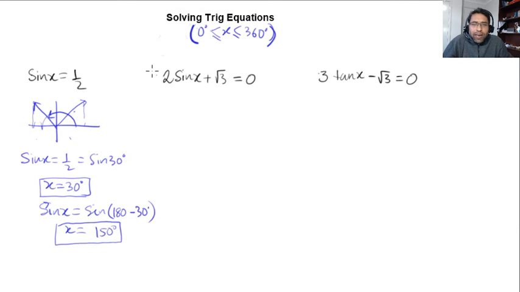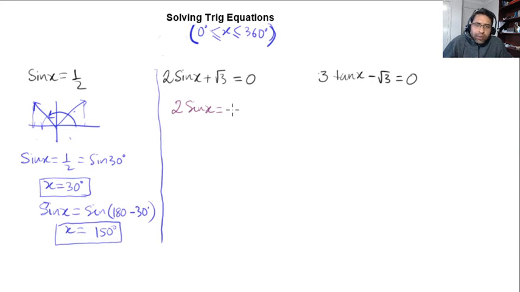Now let me do the second one. Okay, the second problem says you have 2 sine x plus square root of 3 equal to 0. You need to find the value of x. And again, in all the problems, the angle is restricted from 0 to 360 degrees, right? So first we can simplify or rearrange the equation, which is 2 sine x